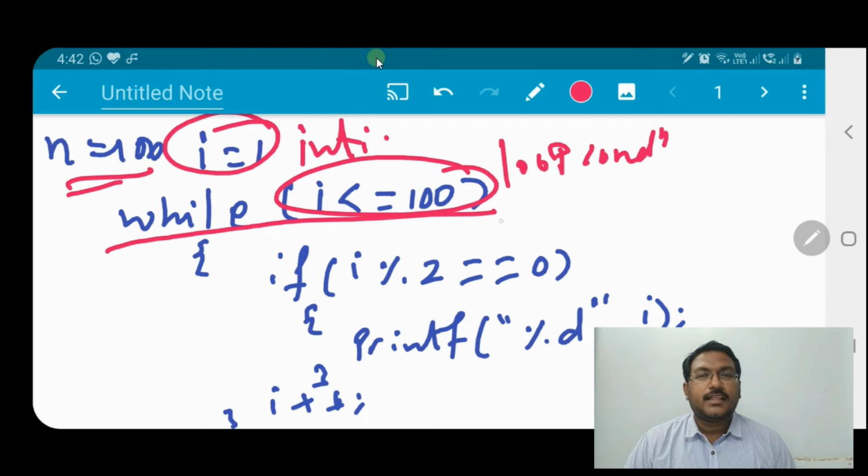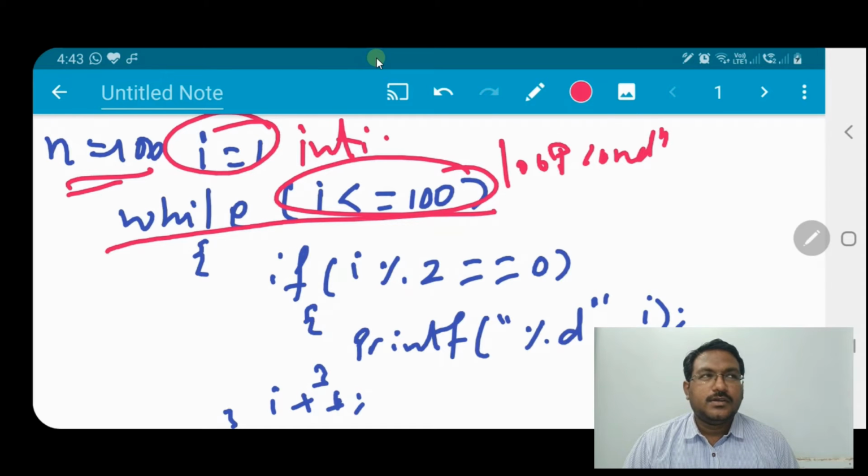Until the value of i is less than or equal to 100, the loop will continue. We can also write i greater than 100, or we can write when i... no, we cannot write i greater than 100 because the value of i will be incremented from 1 to 100.